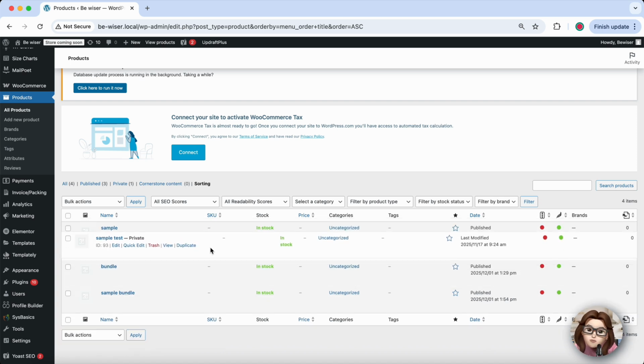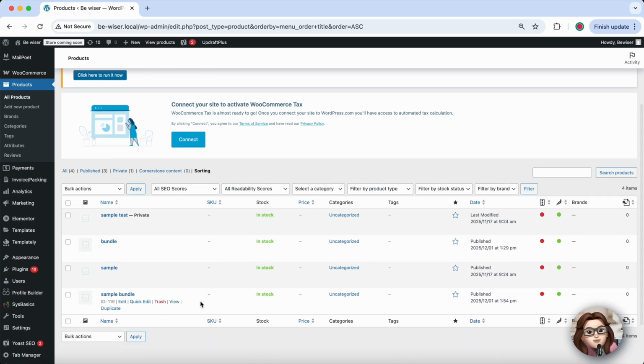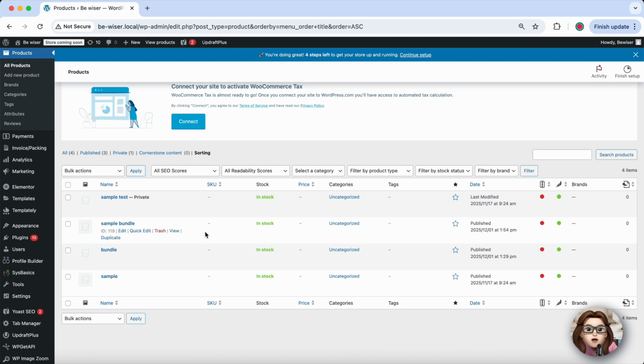Simply click and hold the product you want to move, then drag it to your desired position. WooCommerce automatically saves these changes, making the process quick and hassle-free. Organizing your products in a thoughtful order can help guide customers, highlight best sellers, and create a more enjoyable shopping